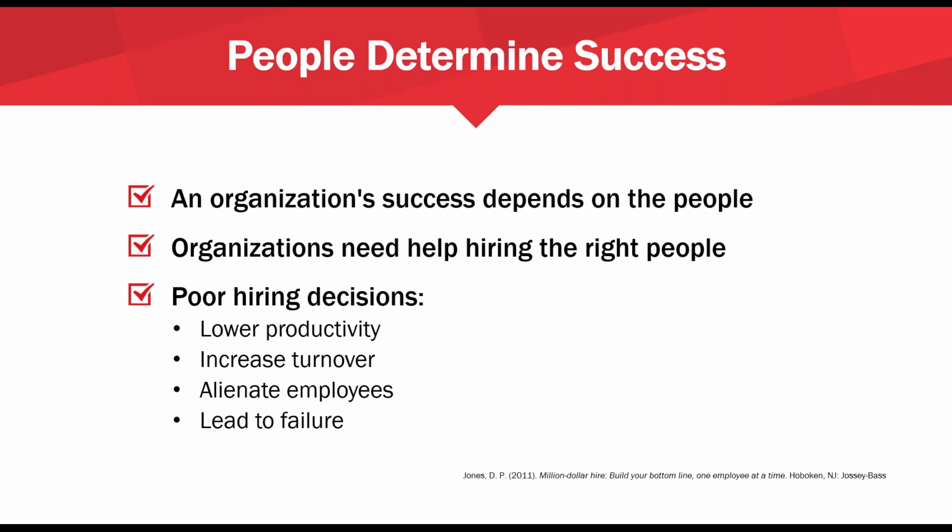We see an increase in turnover. This is individuals both being asked to leave the organization and leaving voluntarily because they just feel like this is a bad fit. A lot of the questions we get are around millennials. One of the characteristics we do see is that they're a lot more likely to skip jobs or to leave jobs than their predecessors. The other thing that we know about poor hiring decisions is the impact on overall productivity, and being able to hit the ground running at day one on the job versus 6 to 9 months being put on a performance plan before we try to exit them out of the organization.